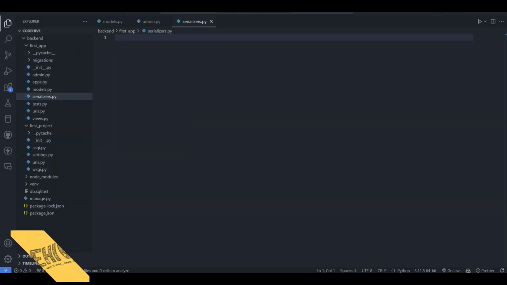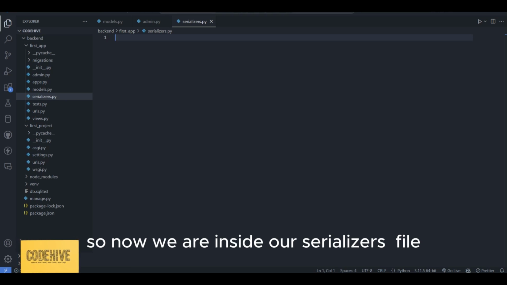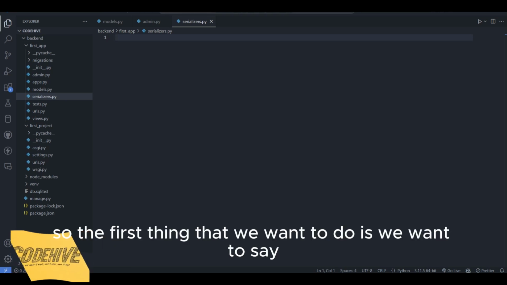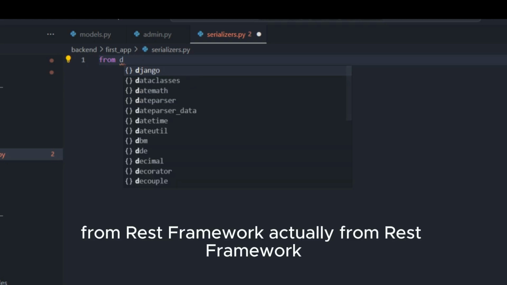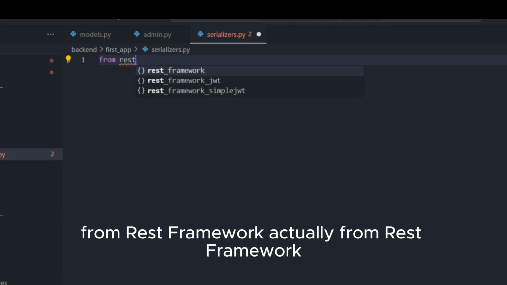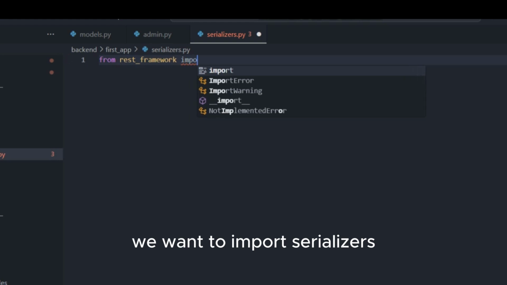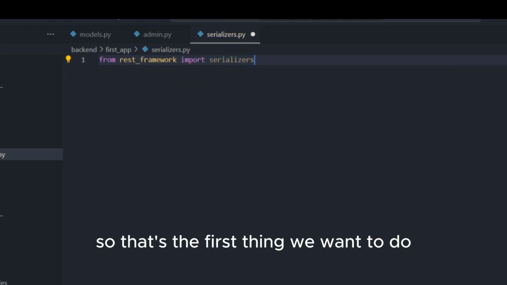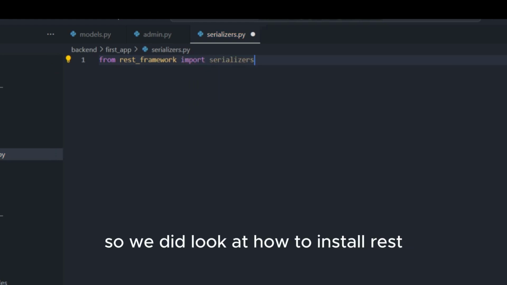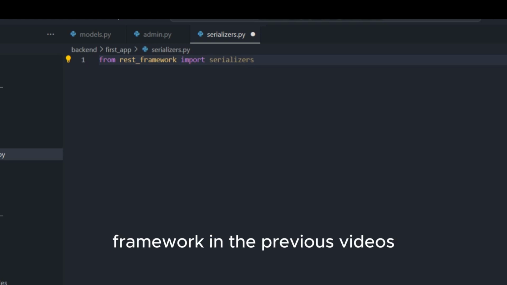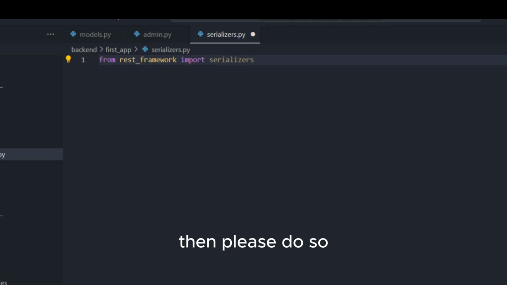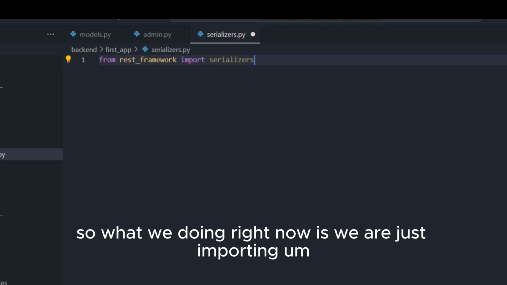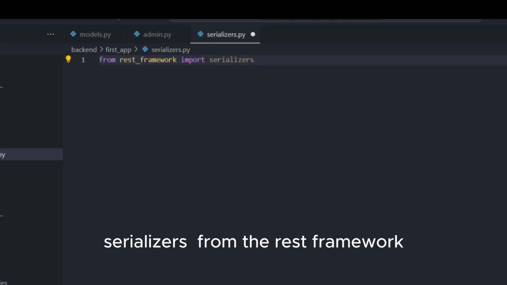serializers.py. Okay, so now we are inside our serializers file. The first thing that we want to do is say from rest_framework, we want to import serializers. Okay, so that's the first thing we want to do. We did look at how to install REST framework in the previous videos. If you still have not looked at those videos, then please do so. What we're doing right now is importing serializers from the REST framework so that we are